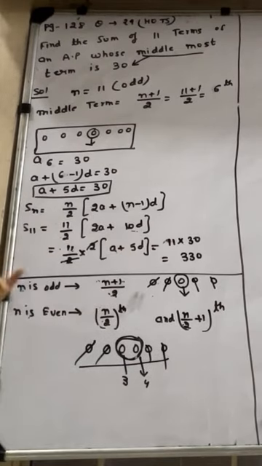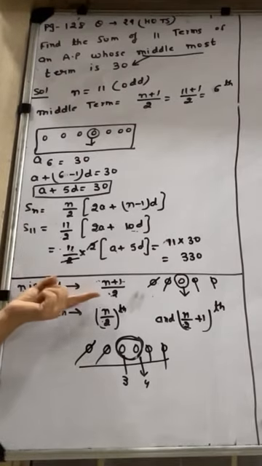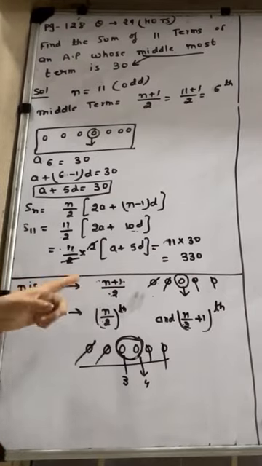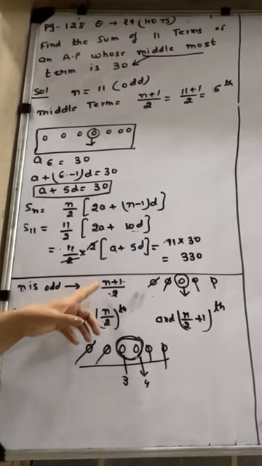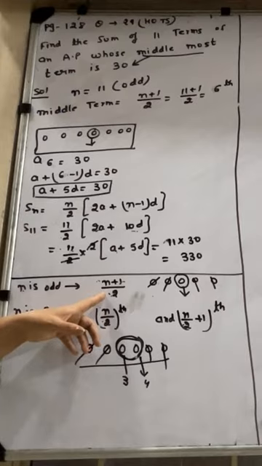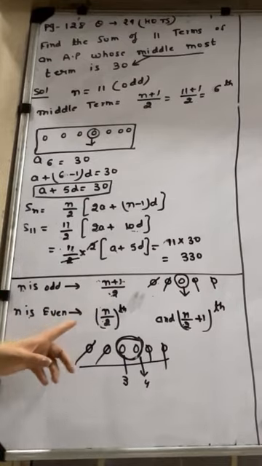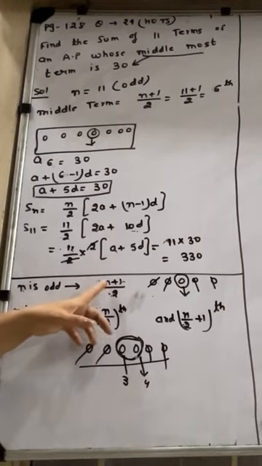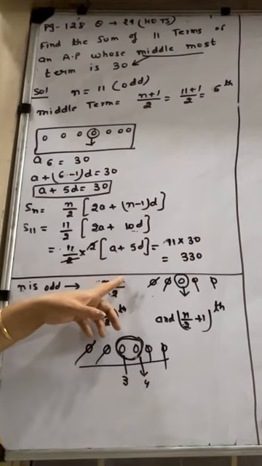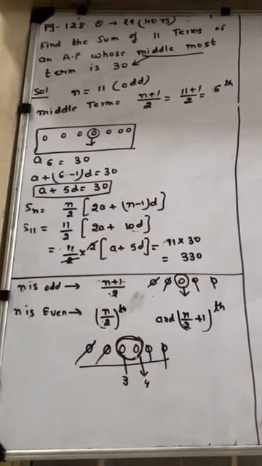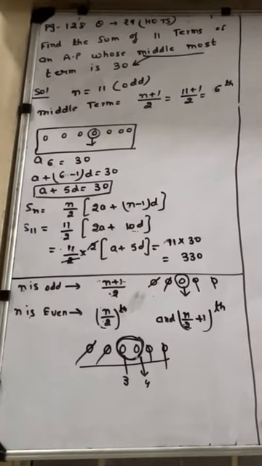Am I clear? Again I am repeating. If n is odd, then what is the formula of the middlemost term? The (n plus 1) by 2th term. Right? You cannot do n by 2 because it is odd. Can you divide an odd number by 2? No, it will come as a fraction. So n plus 1 and then by 2. If n is even, then we can divide an even number by 2. Then this formula is not applicable, because for 6, 6 plus 1 is 7, 7 by 2. Can you have the 3.5th term? No. I always say a term is like a roll number in your class. Do we say come 3.5 roll number, come 2.2 roll number? They are natural numbers, right?